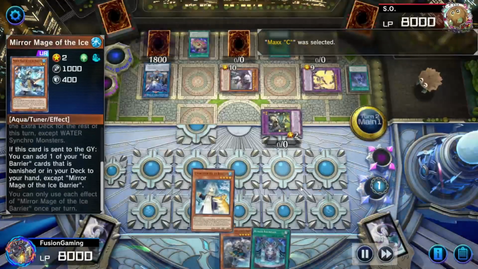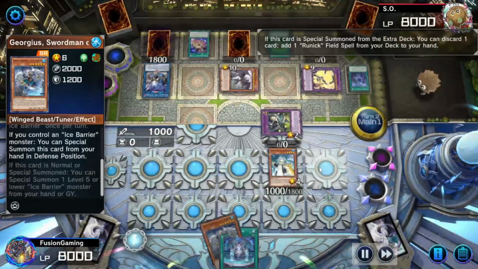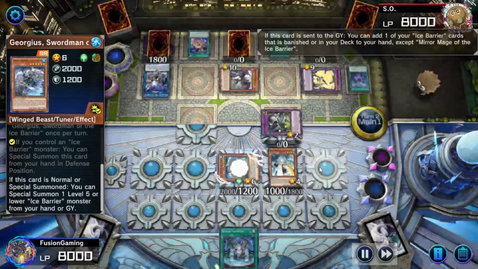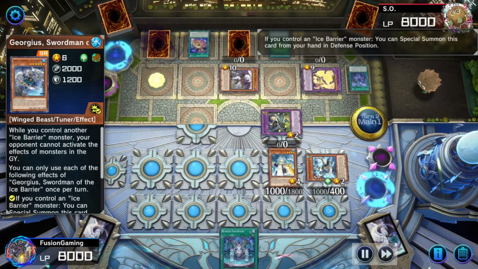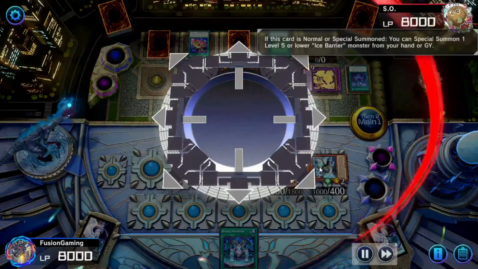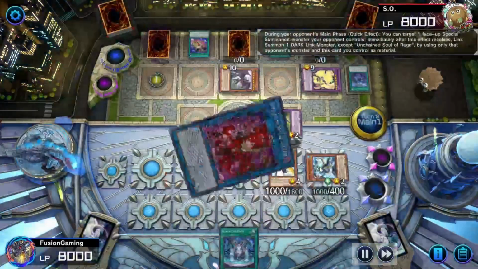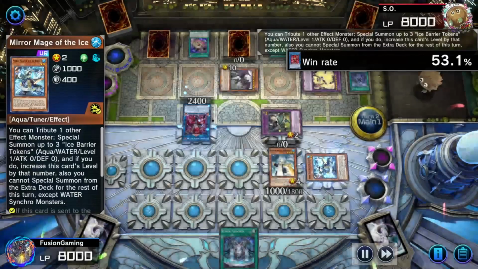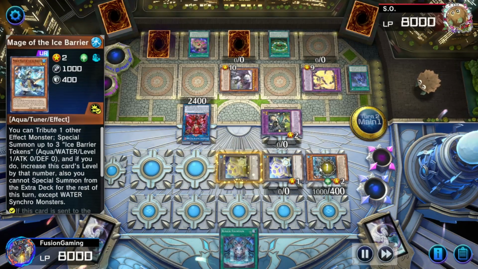I need to slow down. I'm going to grab us Barrier, or Speaker, and then Georges is going to summon himself, which is going to get Mirror Mage. And then he's going to yoink my Georges, which is so much fun, into Anguish. And then we're gonna keep going. We're gonna do our thing. We're not gonna get access to